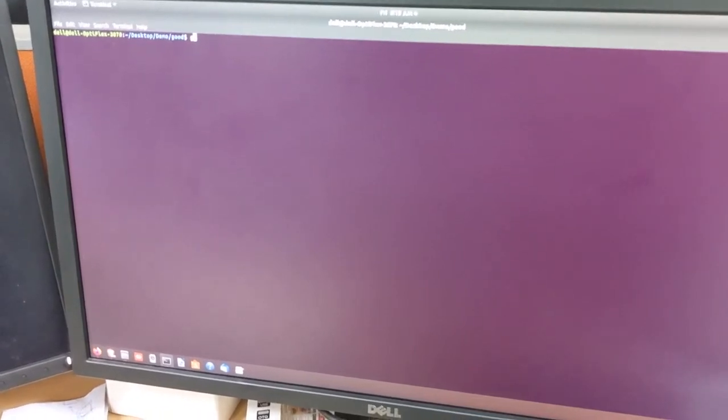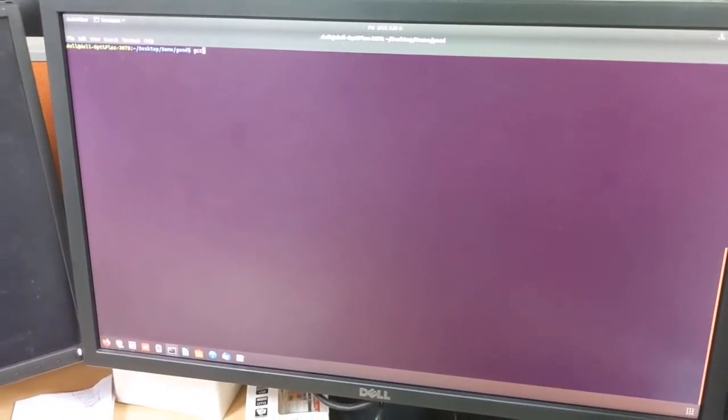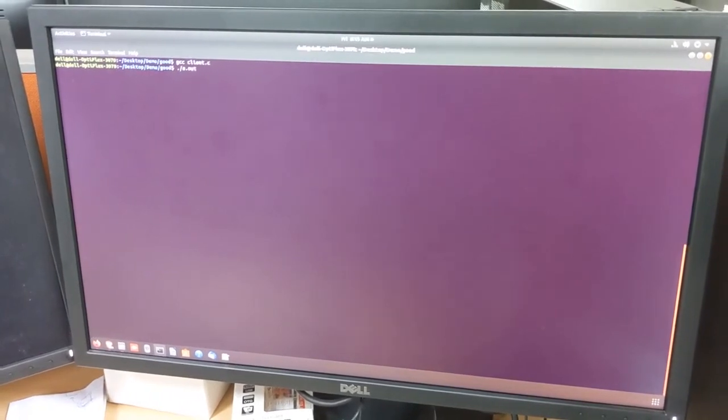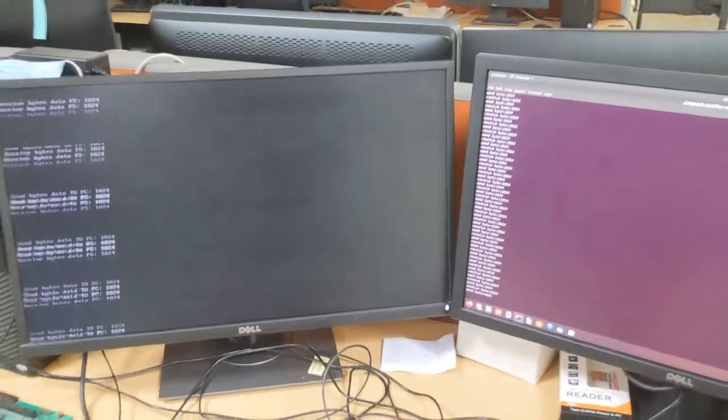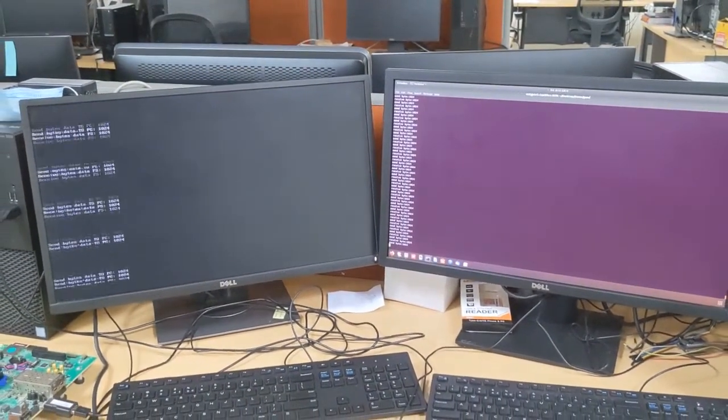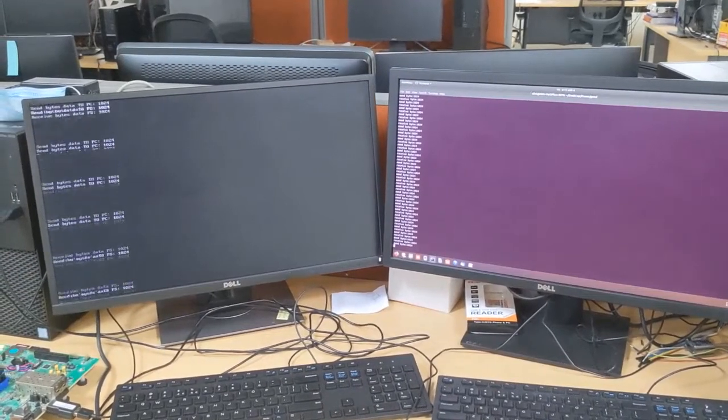Here the server is waiting for the client request. Then we run the client application on the PC. After we run the client application, the data is transferred from the PC to the ZC102, and loops back again into the PC.